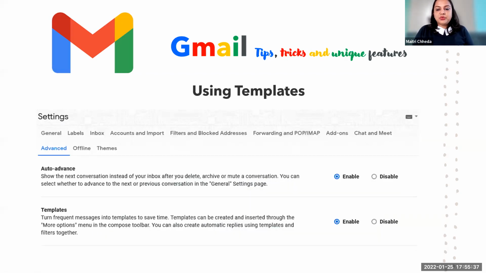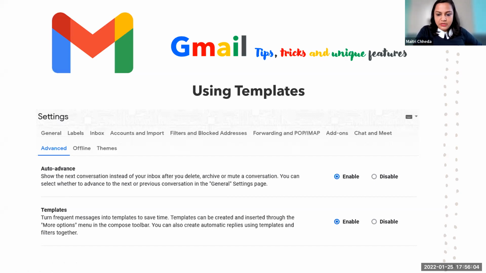Now we come to another setting. Over here there are two more settings. If you go to settings and click on advanced, you have many options, but these are the two I have highlighted. One is auto advance. Whenever you are inside an email and you click on delete, it takes you back to the inbox, right?